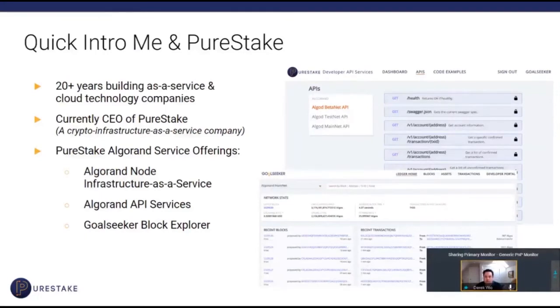So really, we focus on creating high quality infrastructure, and we have a very close focus on the Algorand platform. We want to make it super easy for developers and other teams to build upon Algorand and to build different applications that take advantage of the functionality that's on Algorand. Think of it similar to what AWS does for base infrastructure. We're doing something similar for crypto and Algorand infrastructure, making it very easy to access and consume the services that are on that platform.